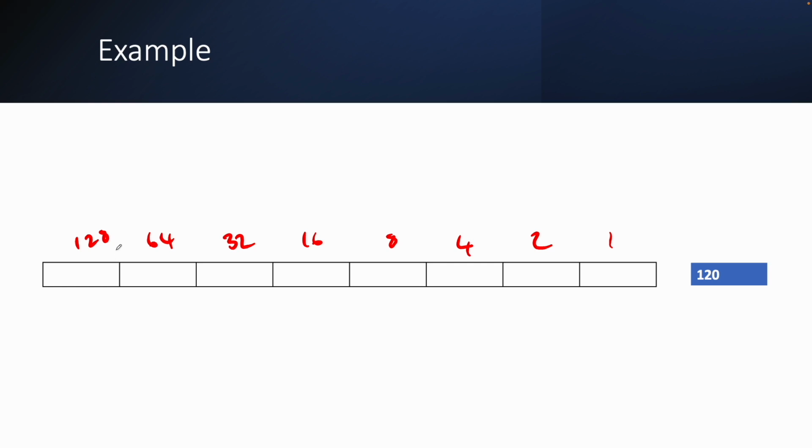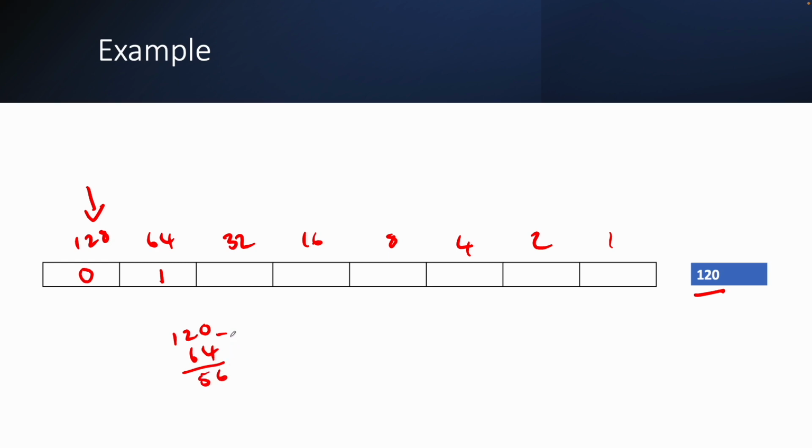And what we're going to do is we're going to go, well, does this fit into this? Well, the answer is no. So we're going to write a 0. 64, on the other hand, does fit in there, so we're going to write a 1. And what we need to do is take 64 from 120. So 120 take away 64 leaves us with